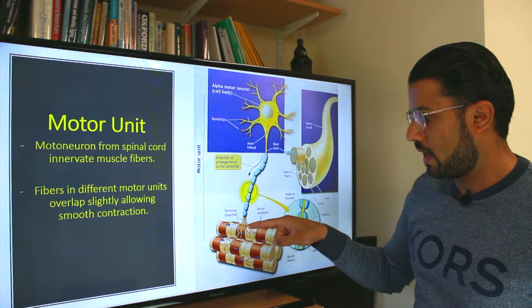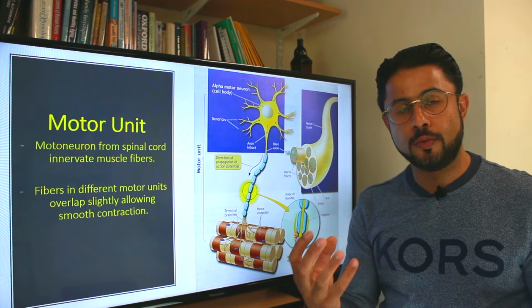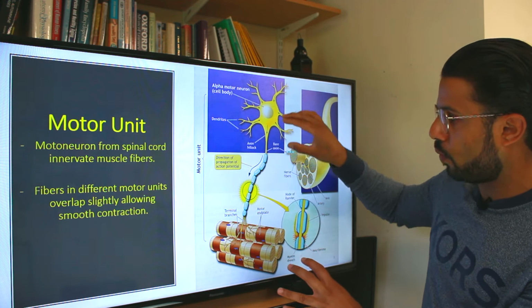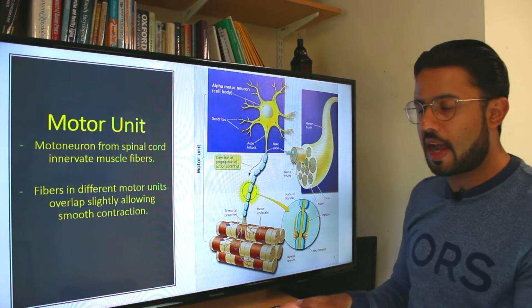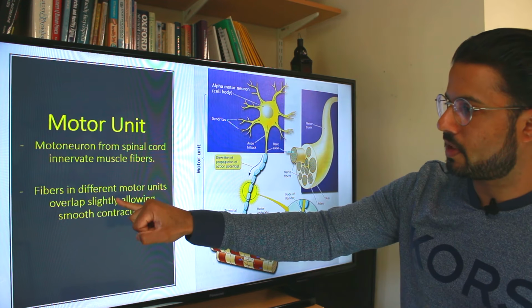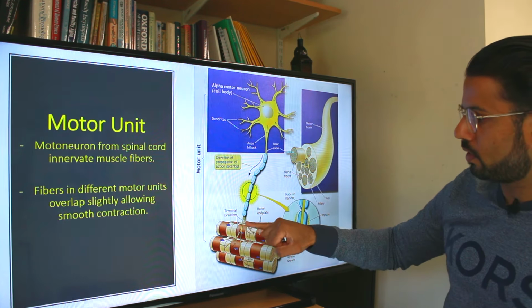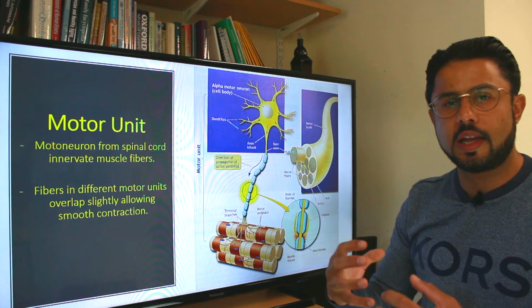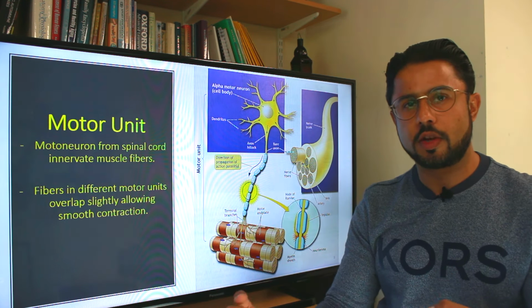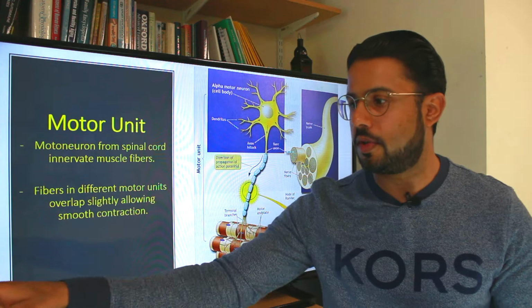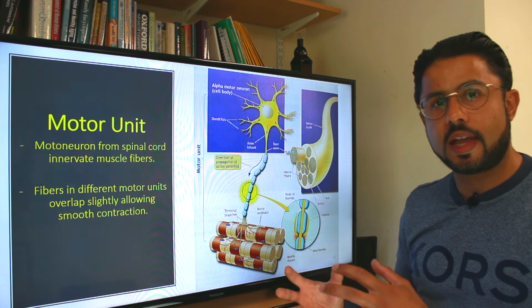This is where the nerve cells, or the neuron, will attach to the muscle fibers, okay, to different muscle fibers, and you have millions of these motor units. This is just one example. Millions of these motor units activate different parts of the muscle to make a nice smooth contraction. This is one motor unit, and you'll have another motor unit coming in, activating some fibers that this motor unit is activating here. So that allows a smooth contraction. You don't have jerky movement, everything is working synchronously. So it's very important that we understand the basic anatomy of the motor unit and how electrical impulses are propagated